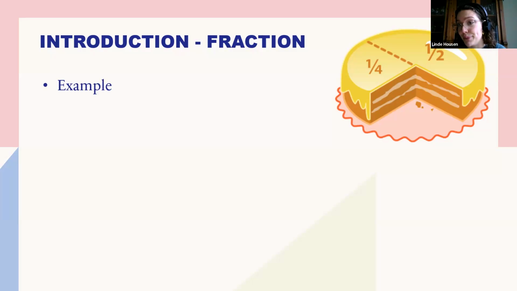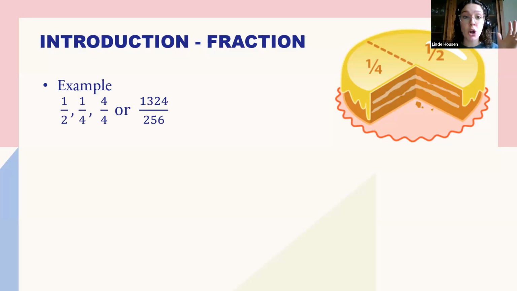First, an example. So a basic example of any fraction could be 1 on 2, 1 on 4, 4 on 4, or even a larger number, 1,324 on 265. So those are examples of fractions. I think you all have seen something familiar, so I hope it's not looking that weird, but we will dive into it more and we will explore what